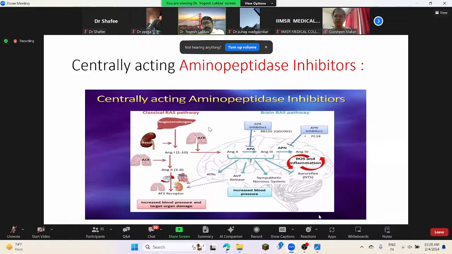Then you can see that hypertension has a very complex mechanism. It plays at the renal level, it plays at multiple organs, and definitely from the brain there are also many peptides which play important roles. As the alternate RAS pathway we discussed, there are a few new molecules coming into the picture, like angiotensin 2 converting into angiotensin 3 and angiotensin 4 with the help of these aminopeptidases, and that leads to the activation of the sympathetic nervous system. Again, molecules at the central level also.